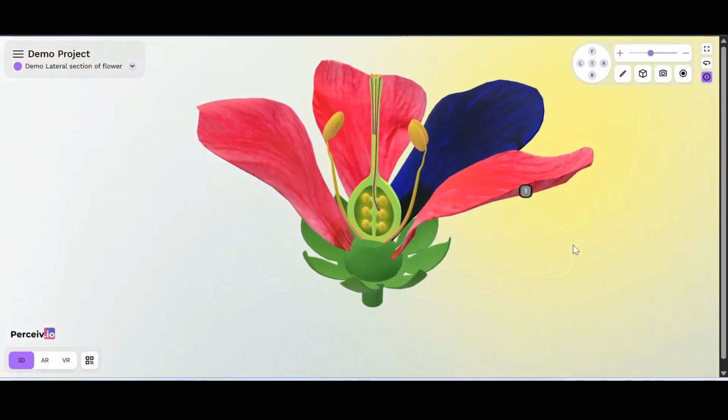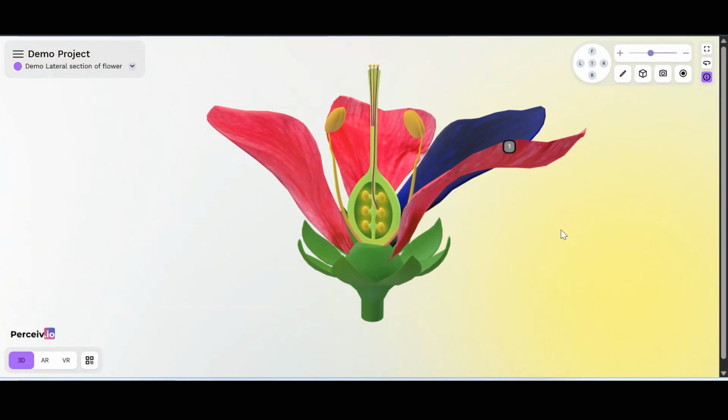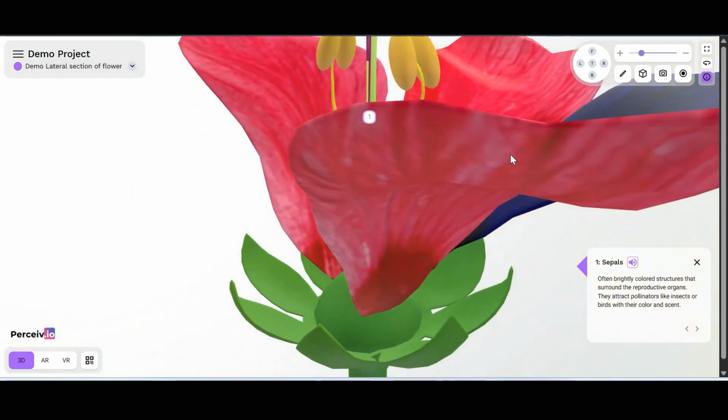So you can see the 3D model has got the label which we have just added. And let's see what happens if we click it. The moment I click it, the model is again oriented in the way we defined it, and the necessary information about this has popped up over here, right? Let's add a few more labels